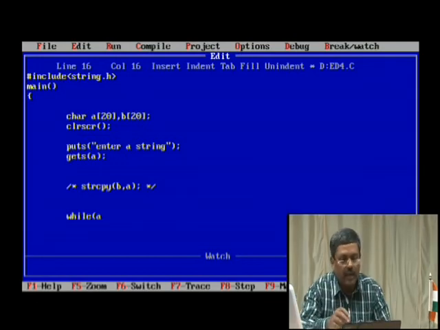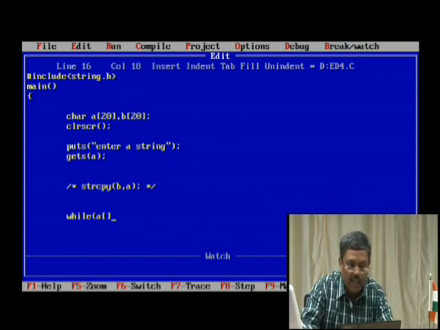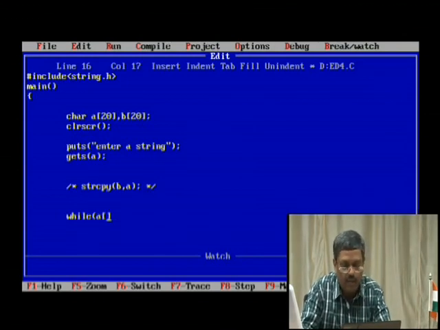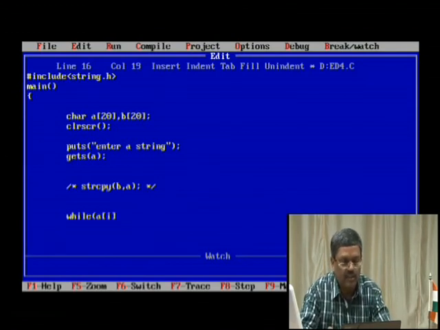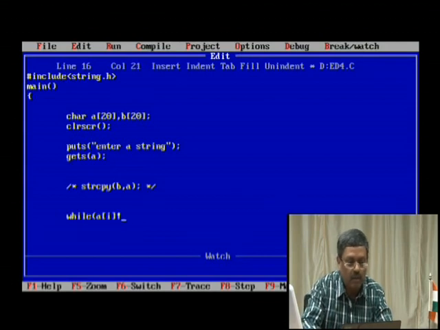In the same way, A of I is the array, and we check that it is not reaching the null character, which is the end of the string. You put a null character at the end.